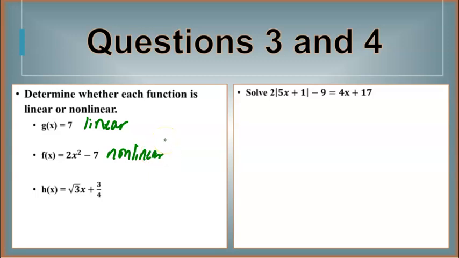And h of x equaling the square root of 3 times x plus 3/4. Now this is actually in slope-intercept form because my slope is the square root of 3 and I have a y-intercept. So this one would be linear. Now if